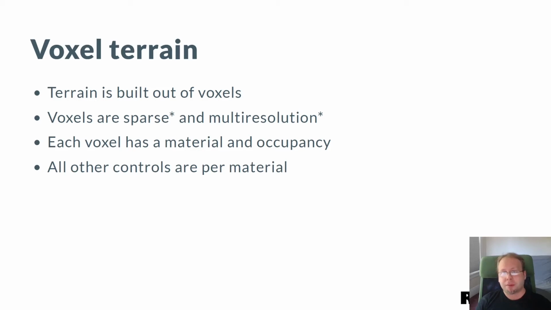So dynamism pretty much cuts out meshes, and then height maps are eliminated because we need fully 3D worlds, so voxels were mostly a no-brainer. What is in a voxel though? So for us, every voxel has a material, which is an index into the palette, and occupancy, which is a 0 to 1 value. 0 means there's almost no matter inside the voxel, and 1 means there is a lot of matter inside the voxel. This is very small, compact, and easy to understand.